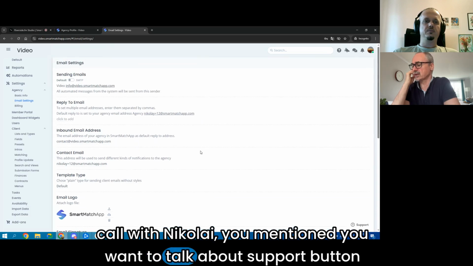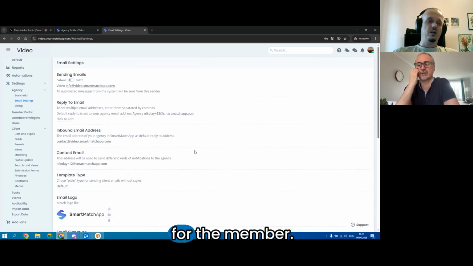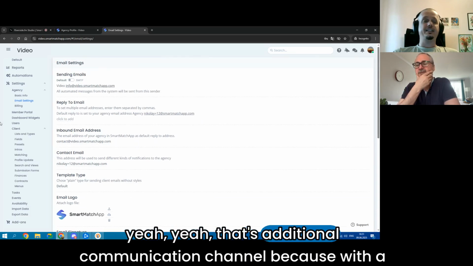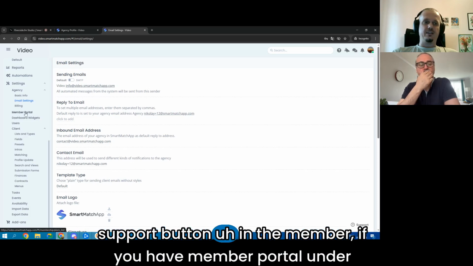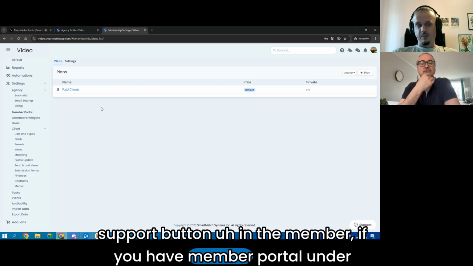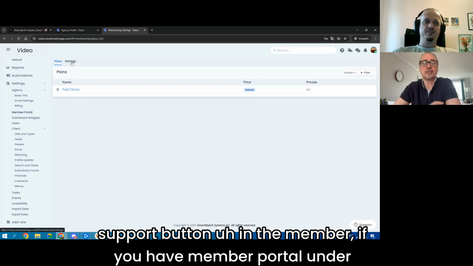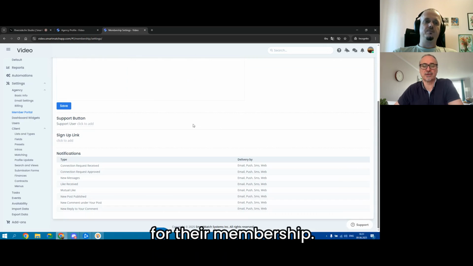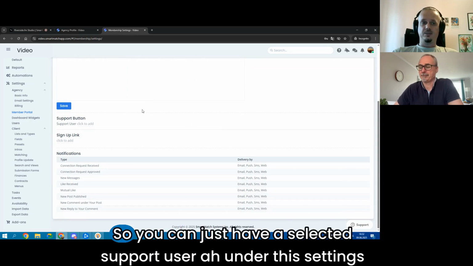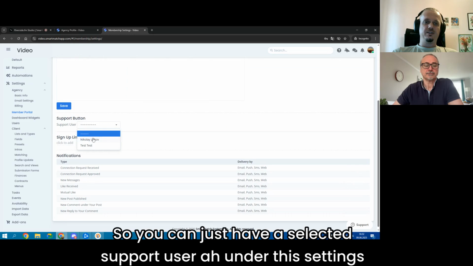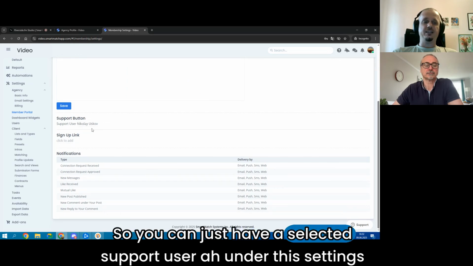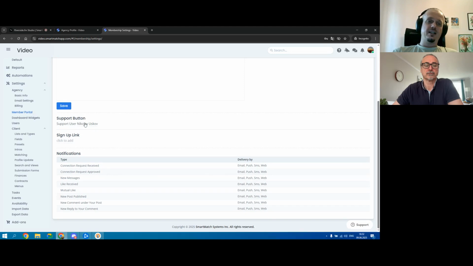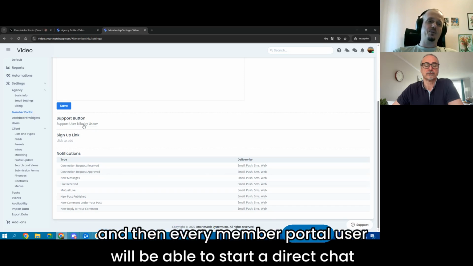Before our call, we had a little brief with Nikolai, and you mentioned you want to talk about the support button for the member portal. That's an additional communication channel. More and more of our clients want to use the member portal for their community or for their membership. So you can just have a selected support user under these settings, and then every member portal user will